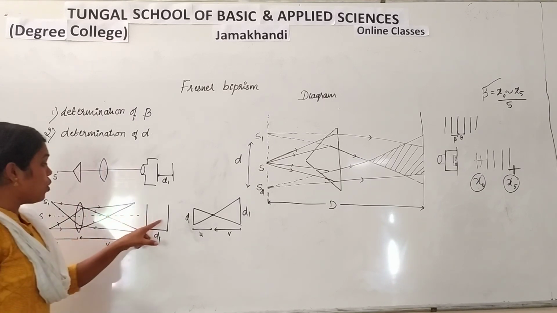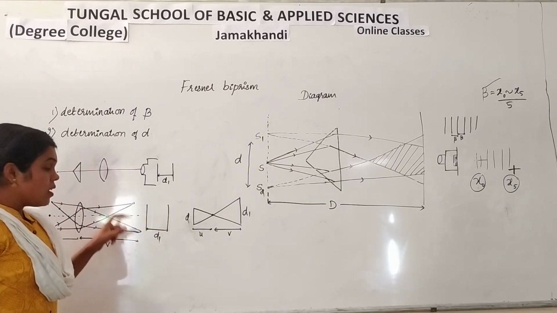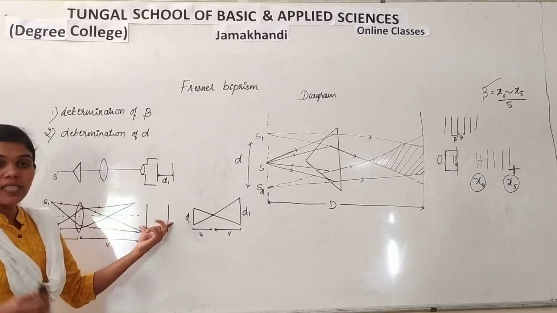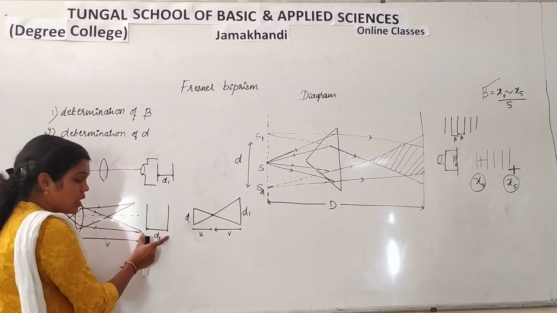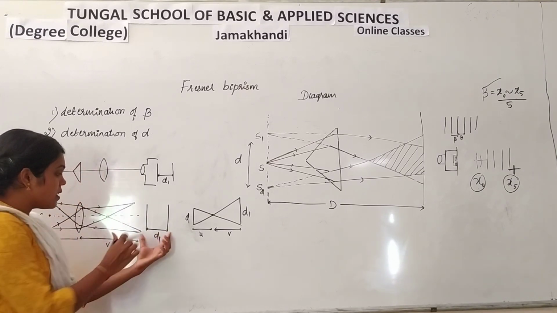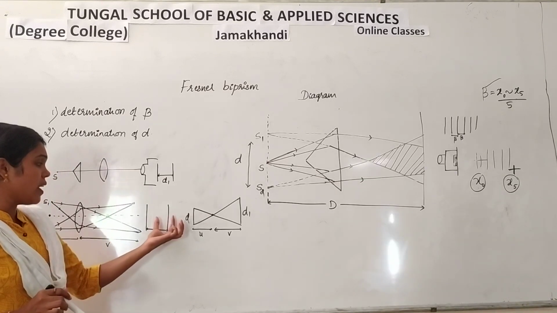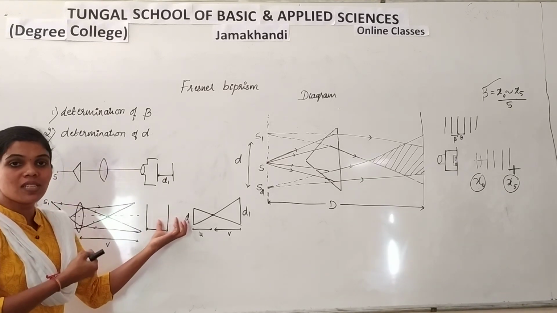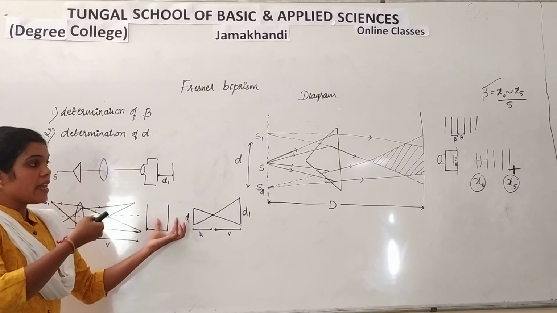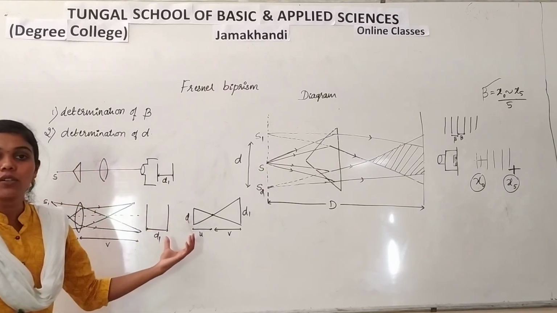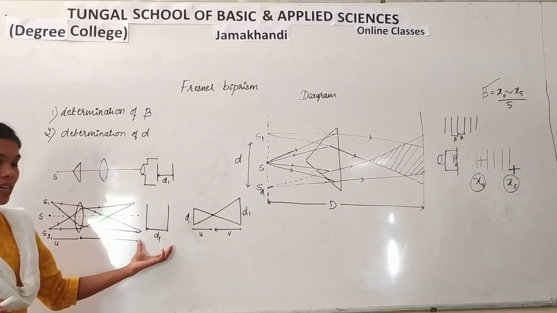So here what you are going to see, S1 and S2 means slit, that is, a clear image of the slit you are going to see. Let us say the distance between the two slits is D1. Again the eyepiece will be there. If you see the slit, directly with the help of the eyepiece you can measure the distance between the two slits. That is called D1.